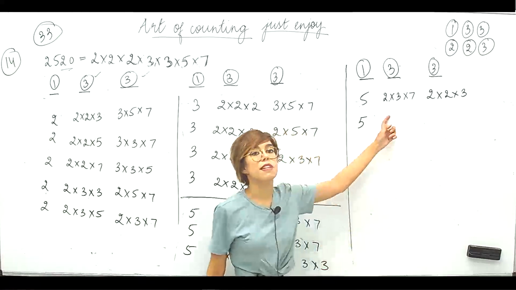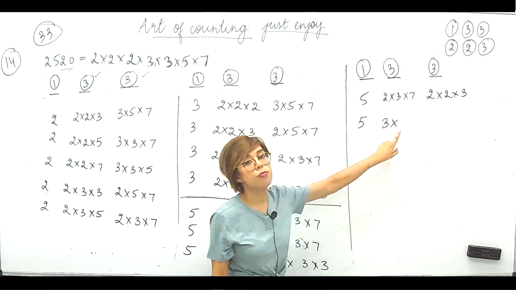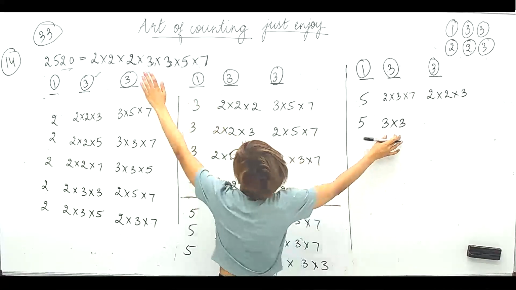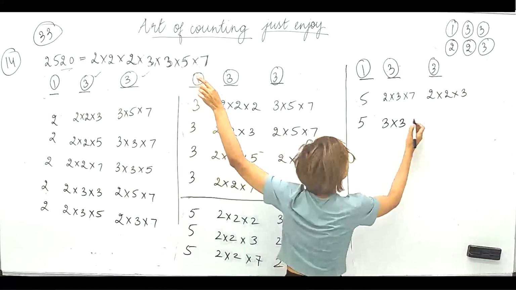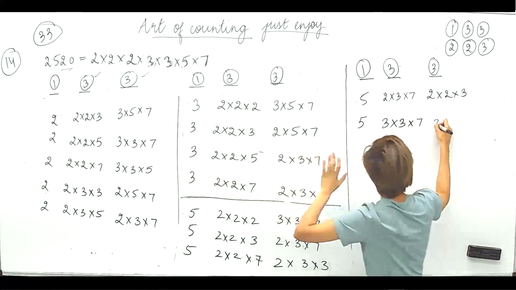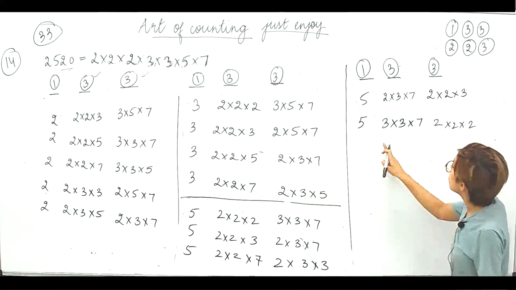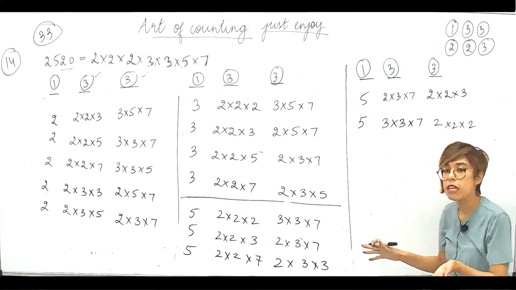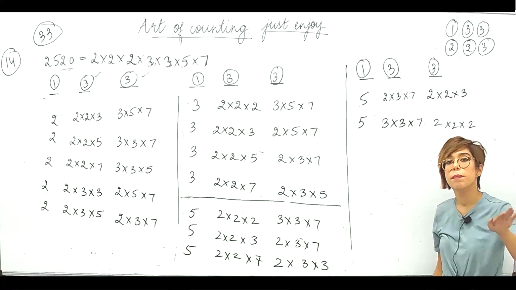So let's go for 3 ones now. So 3 into, now obviously I'm not taking 3 into 2, cases ले चुकी हूँ. 3 into 3 से start करें. So 3 into 3 के साथ let's take 5 first, but 5 already है, so 3 into 3 into 7. Right, so I'm left with 2 into 2 into 2. अब next तुम बोलोगे 3 into 7, वो already repeated है, फिर 7 वाले करोगे वो वैसे ही repeated है. Right, you can write it down, satisfy yourself, then move on.